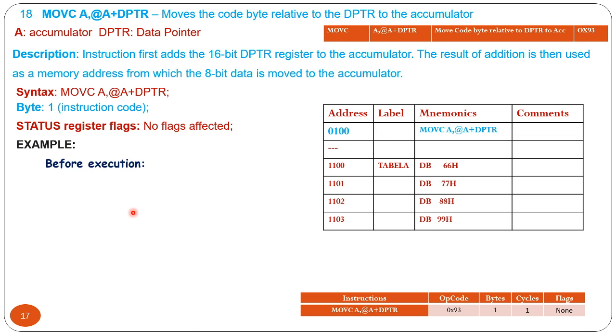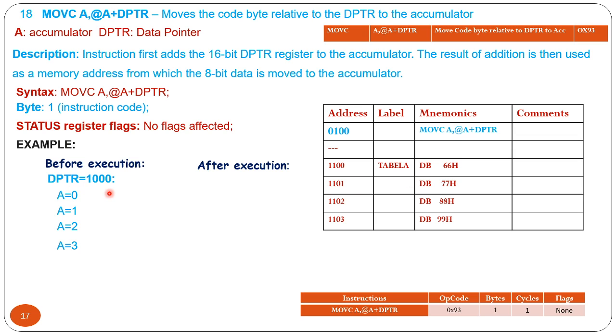Before execution, the DPTR has 1000H content, and the value of accumulator is, suppose, 0, 1, 2 and 3. So this is added, and after addition, whatever the code value is, that is moved into the accumulator register.